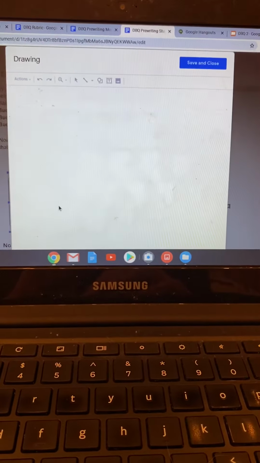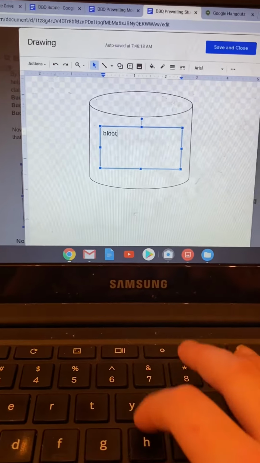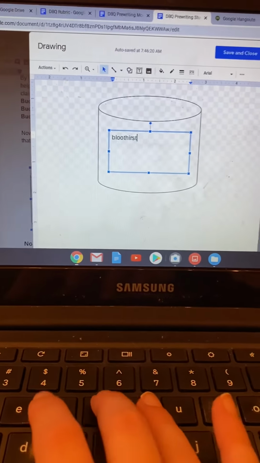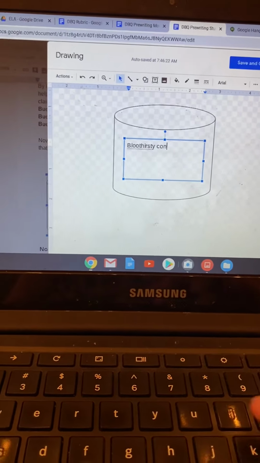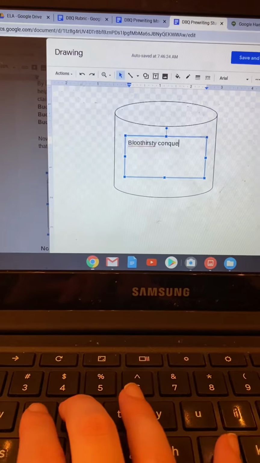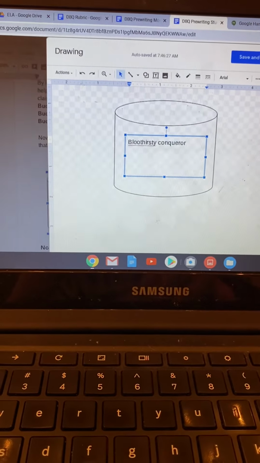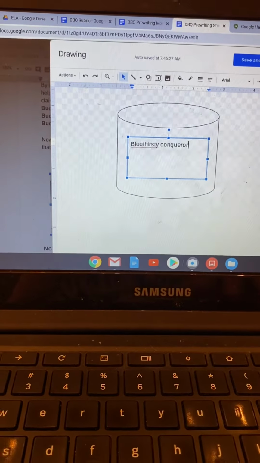So I'll say bloodthirsty conqueror. Okay, and then maybe I've seen that in, forgive me, I'm just listing some documents here, B and D. Okay, now when you click save and close, you will see that it saves onto your bucket.